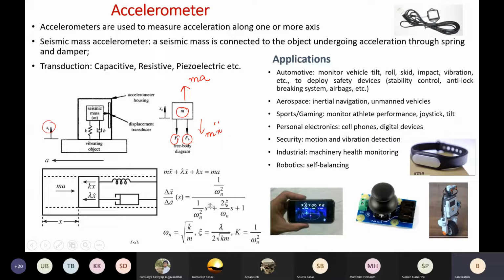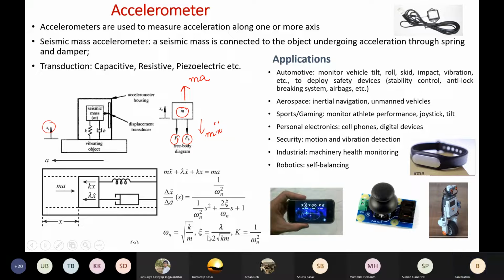Now, naturally, you may ask why we have represented it in this fashion. We can write the transfer function in terms of m, lambda, k. Why are these 2 parameters there? That is because if the parameters are more, then the calibration or the interpretation will also be relatively complex. So instead of 3 parameters, we have judiciously combined them and represent the accelerometer by only 2 parameters, omega n and